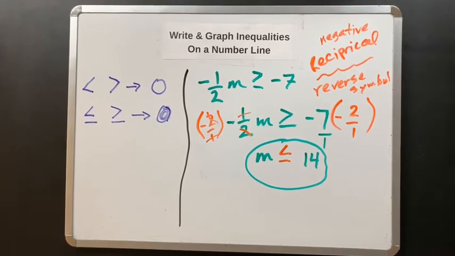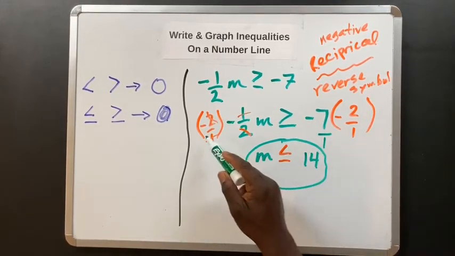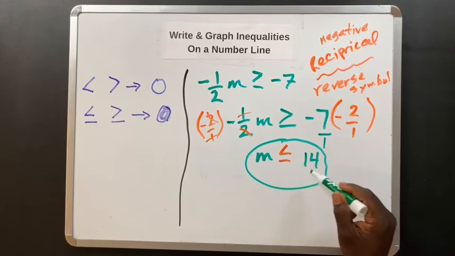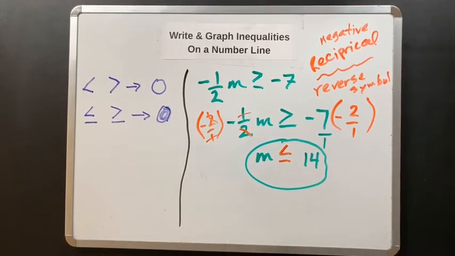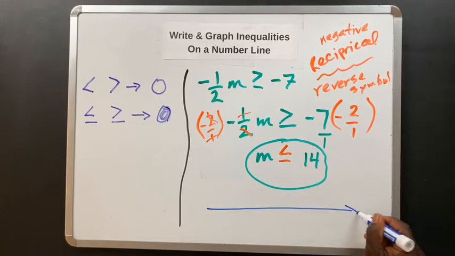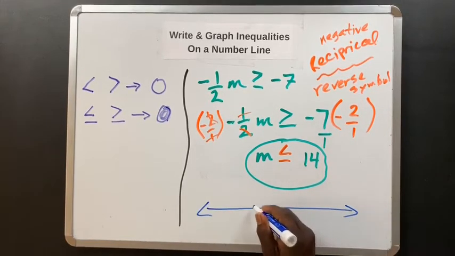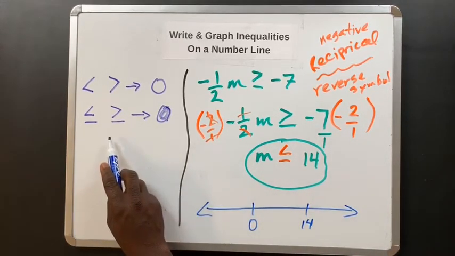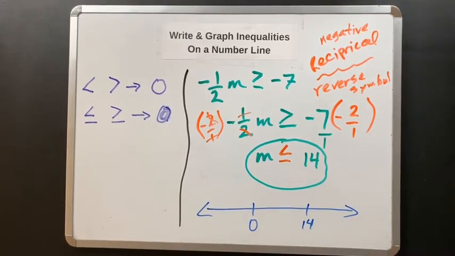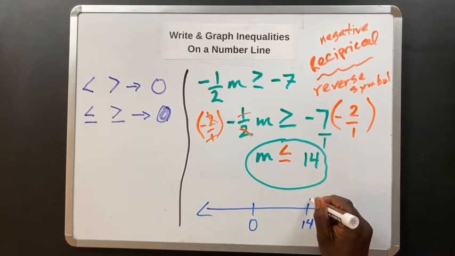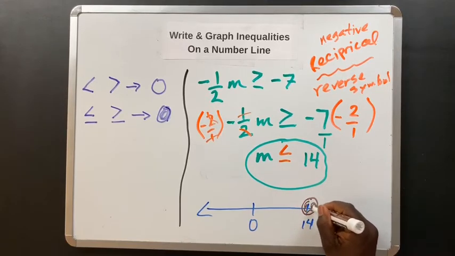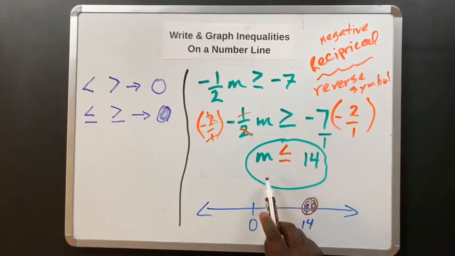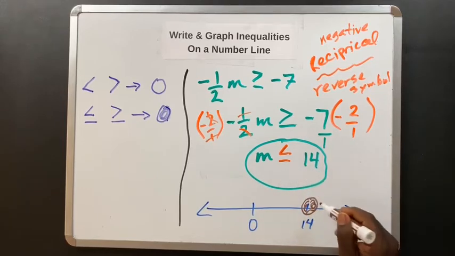Okay. Now, here we have it. We reversed the symbol because we had a negative coefficient. You reverse the symbol in your final answer. Now let's graph that inequality. Identify 0, plot 14. That is a closed circle. So let's put a closed circle over the 14, and all values of m less than or equal to